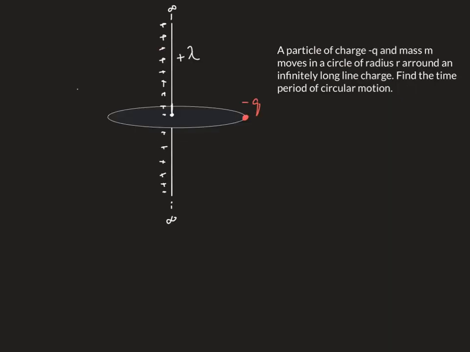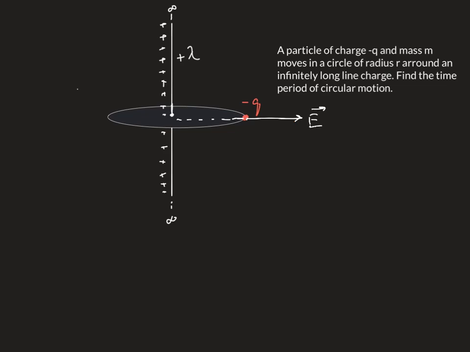So this is another question. A charged particle minus q, you can see here, is moving in a circular path. This is the circular path. Due to the influence of this infinite line charge, you have to find the time period of circular motion. So how do we do that? First of all, we must understand that the field due to the infinite line charge will be in this direction,